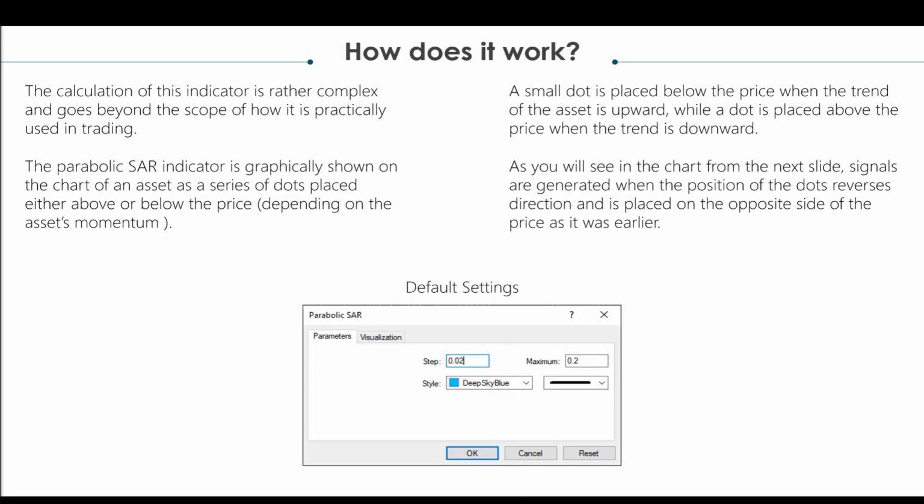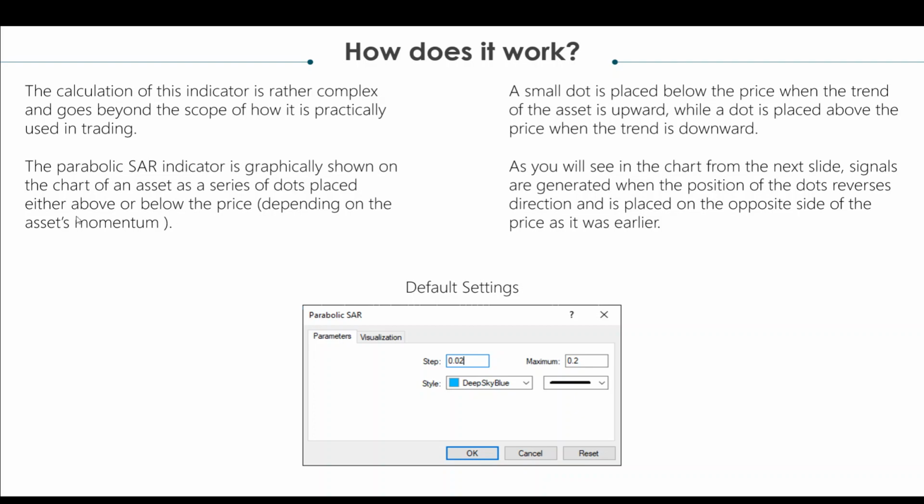Now, how does it work? The formula, I really don't care about it too much. If you would like to see what the formula is and how it is calculated, I'm sure you can find it online. But we really want to see how to use the output of this indicator, which is going to be the focus in this video. Okay,